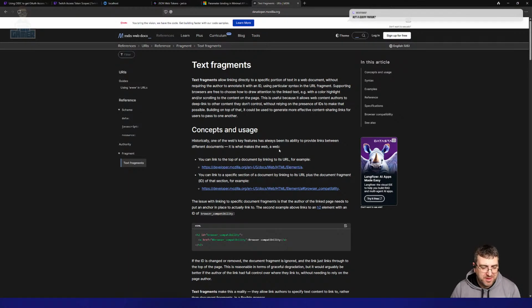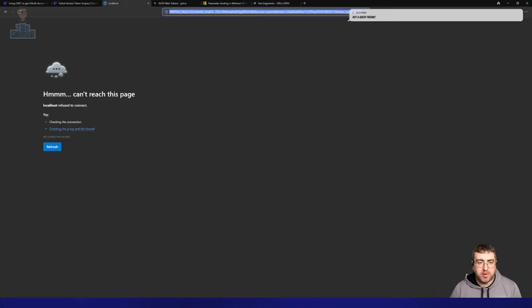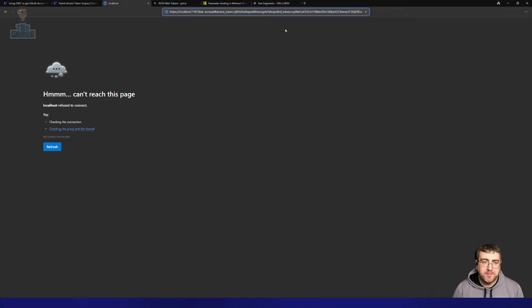No, it's not a query problem. It's a fragment. If I replace it with a question mark, it will work, but I'm not controlling that. Twitch is. That is the difference between a query string and a fragment, apparently. So this is the fragment, and I need to map the fragment to an object. Yeah, Claude even assumed that it would be